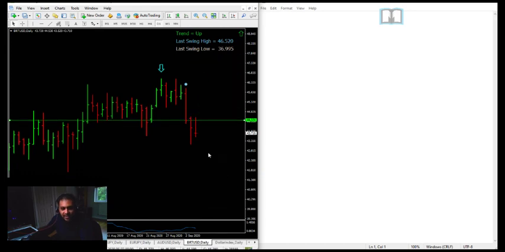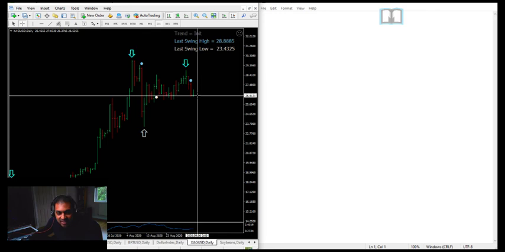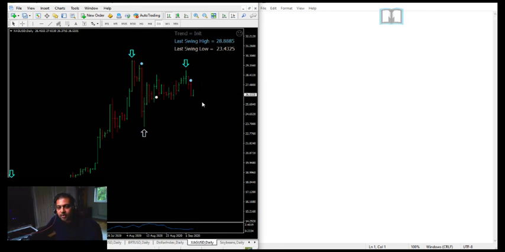Brent crude oil, again, we're still short on the market. Silver as well, as I just mentioned, we're already short on the market on silver as well. Again, slight floating loss on that one at this time. And watch out for instructions for how to manage that particular trade as we go into Monday.